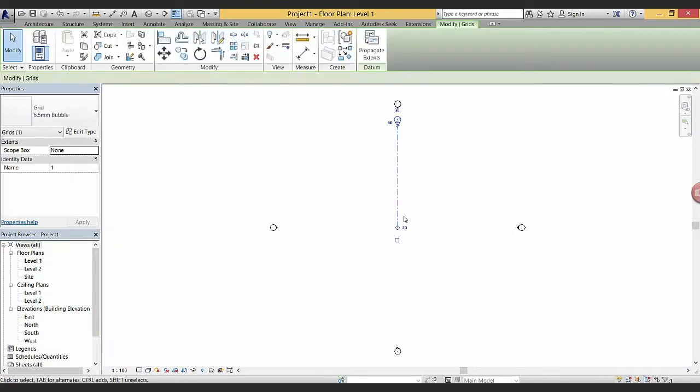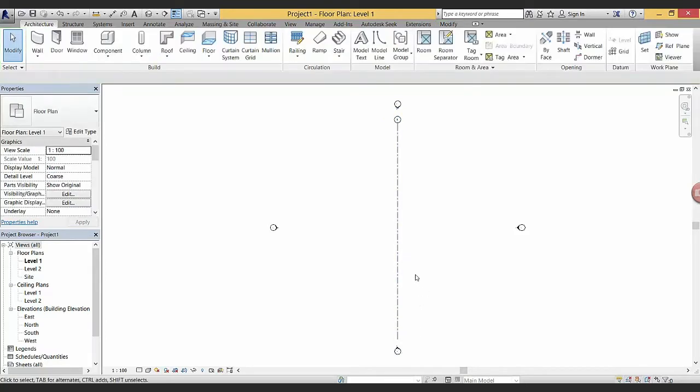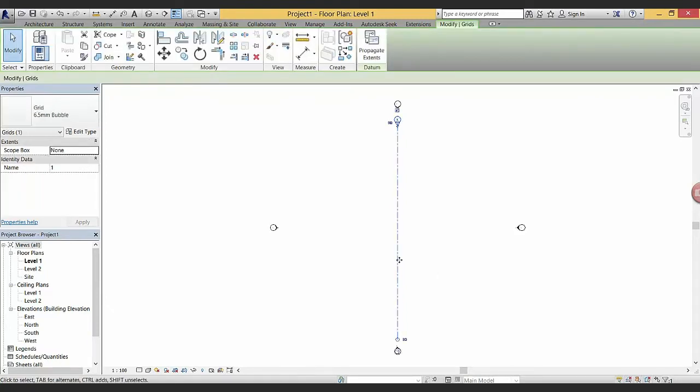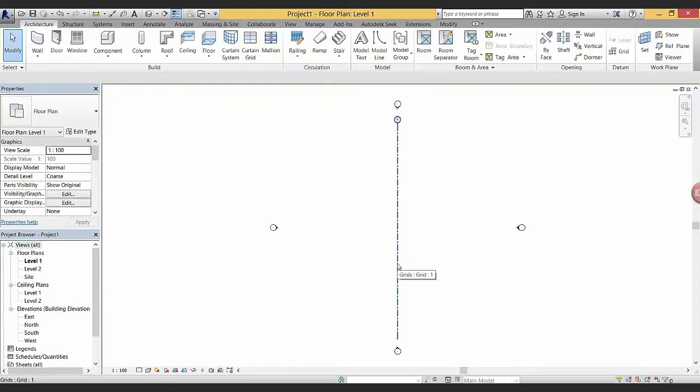Click on the grid, and when you do, you can see that you have a couple of grip points that you can use to change the size of the grid line. Drag it down to the south elevation view marker. Now we select the grid. You can either select elements inside Revit by clicking on them or using a selection window, either a crossing window from right to left or a normal box selection window from left to right.